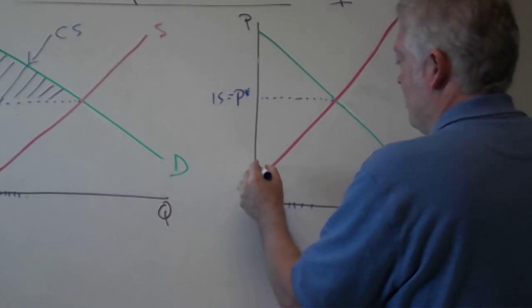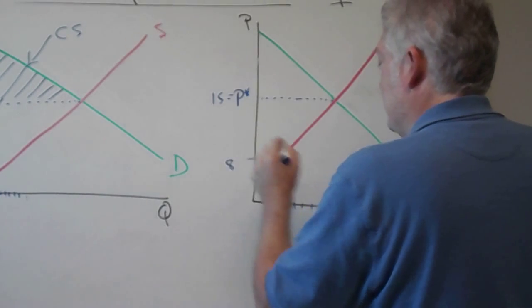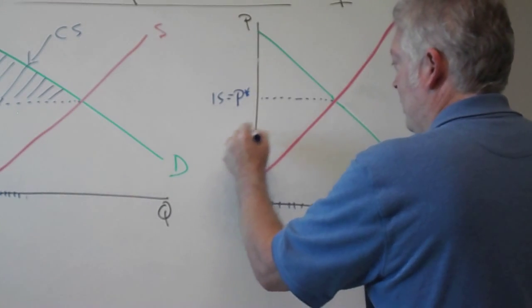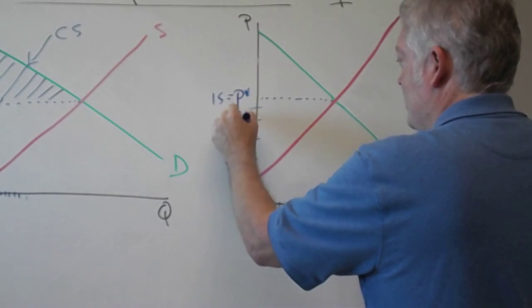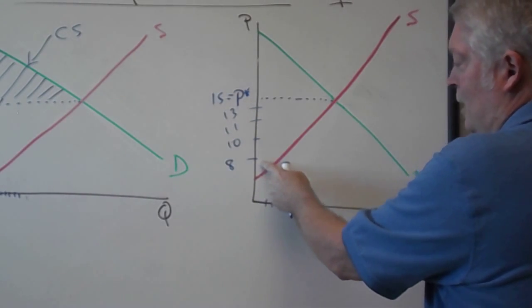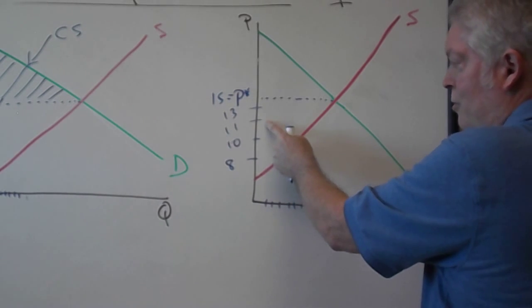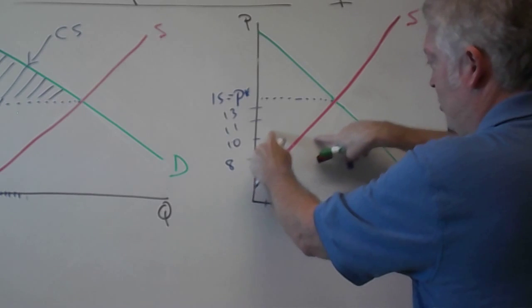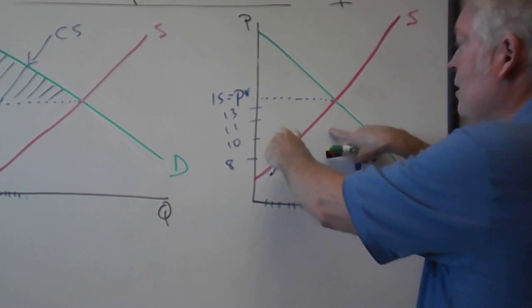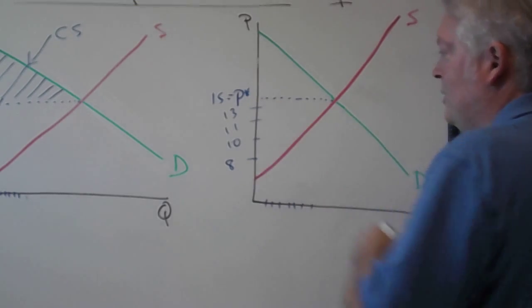And so think about this. This means that there are some sellers of a good who are willing to collect $8, who are willing to collect 10, who are willing to collect 11, 13. So think about this. If you're willing to charge $8 for the good, you're certainly willing to charge 10. And if you're willing to charge 10, you're willing to charge 11. And as you do it, you'll ramp up your production of the good, because that's what the law of supply tells us. And if you're willing to take 13, you'll definitely take 15.